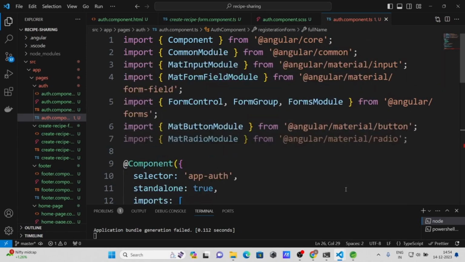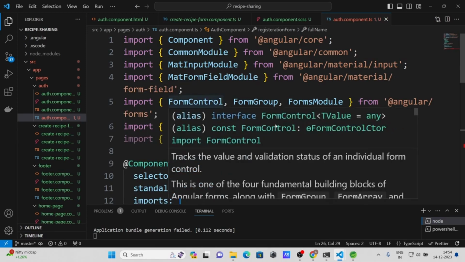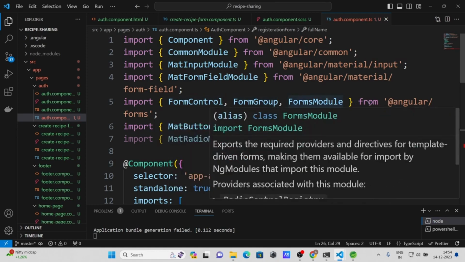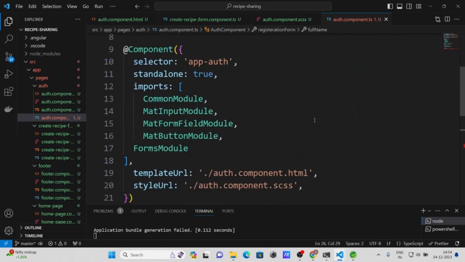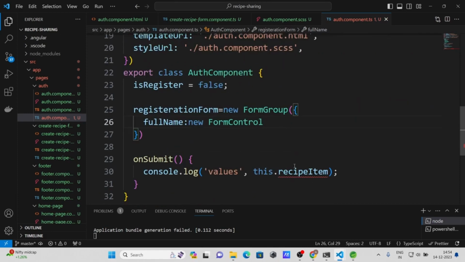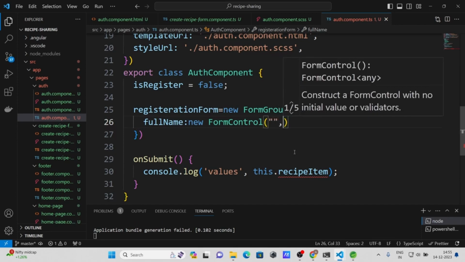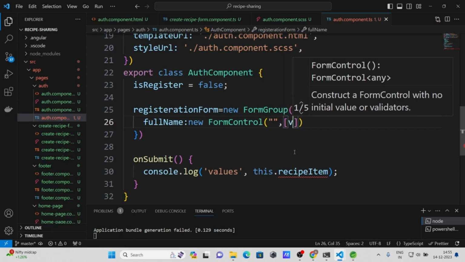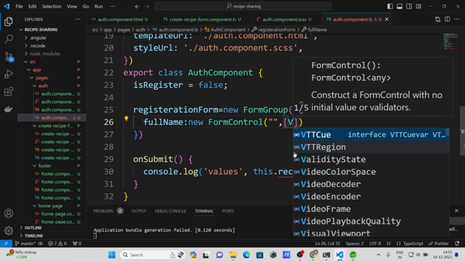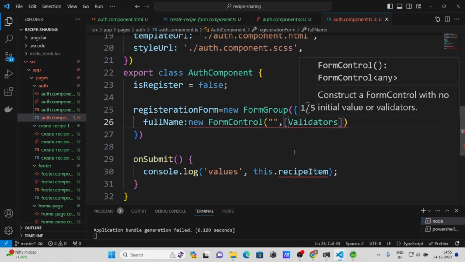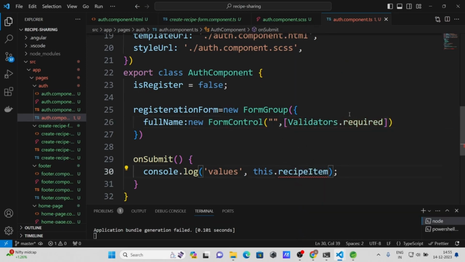Angular form field. Okay, form control, form group and forms model. These three things come from Angular forms. And now form control, here I need to give value, and here I need to give validation condition. Okay, so we have validators inside it. Validators, we can use it,